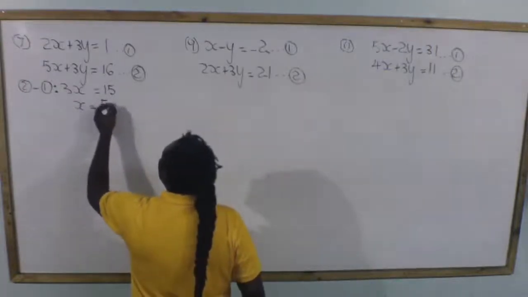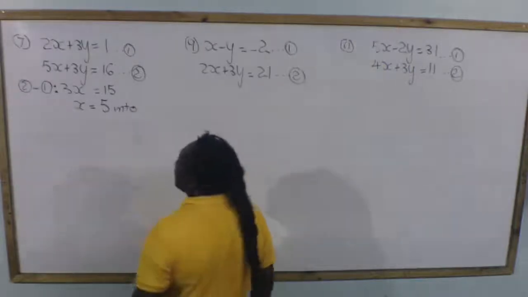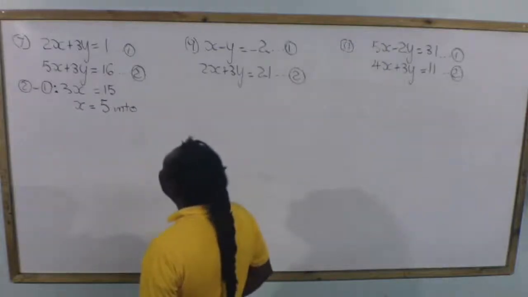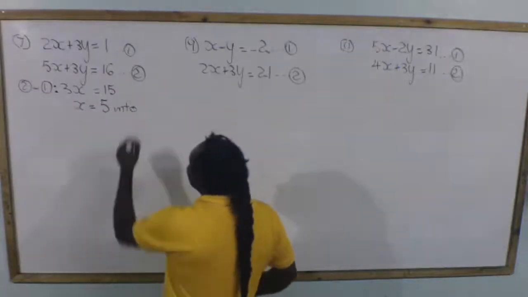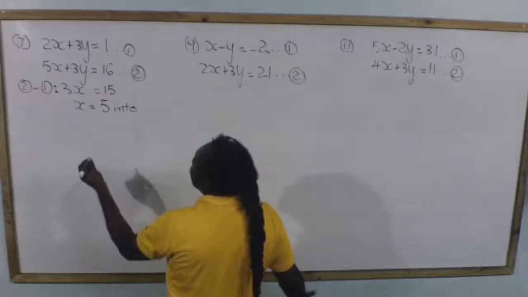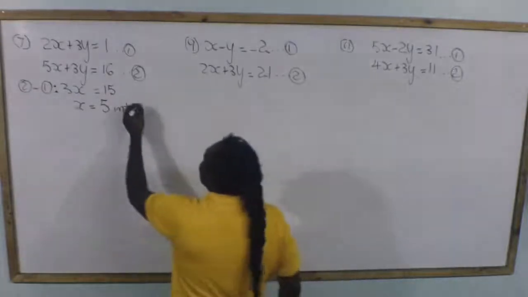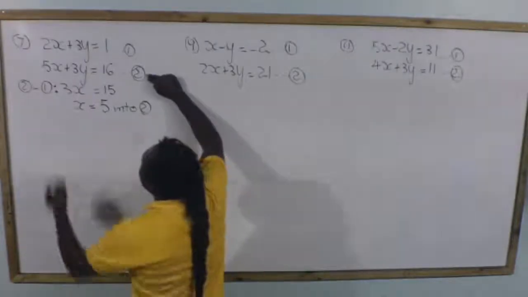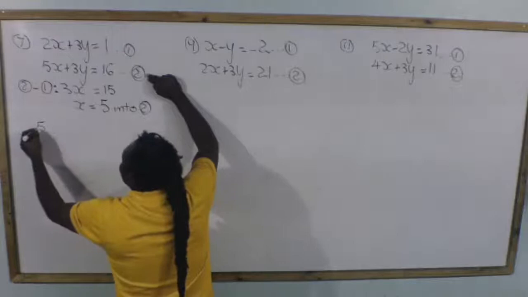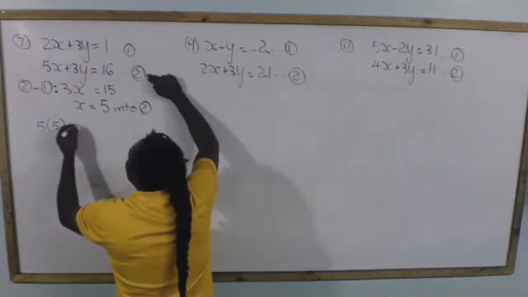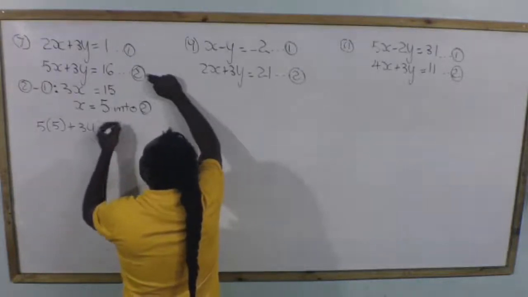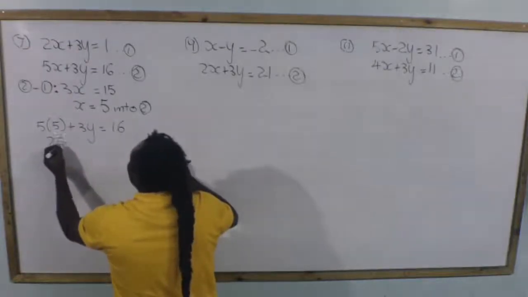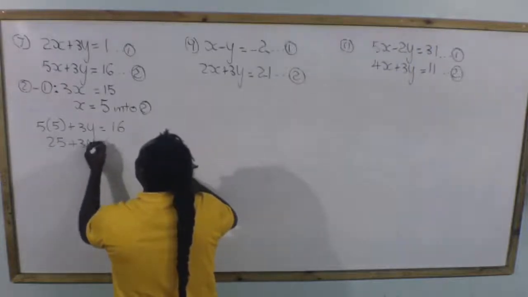x is equal to 5. Now we put that into either equation; whichever one you prefer. Did you say 2? Into equation 2. So we're going to put that into equation 2. So 5 times 5 plus 3y is equal to 16. See, we have replaced the x with the 5. So this is going to be 25 plus 3y